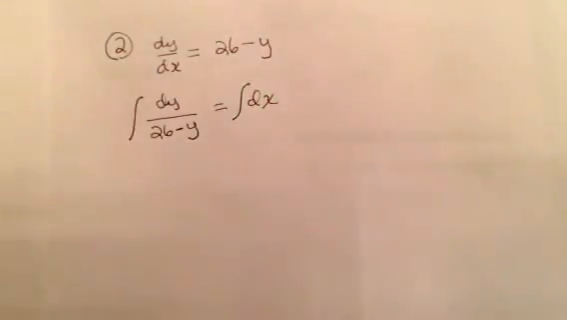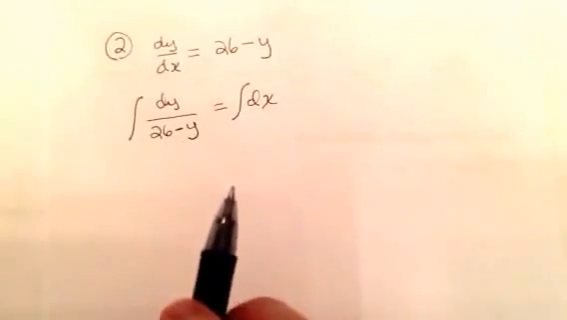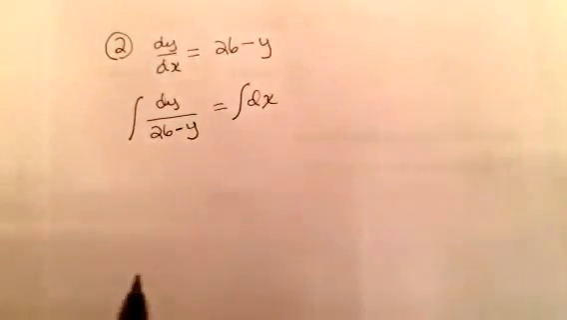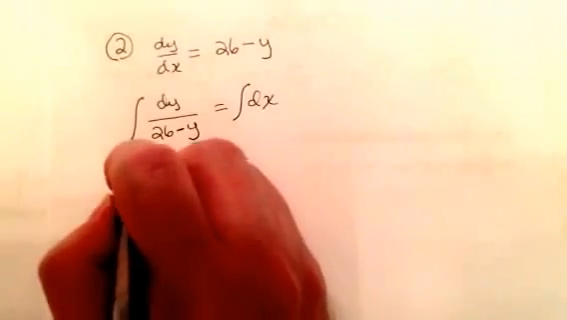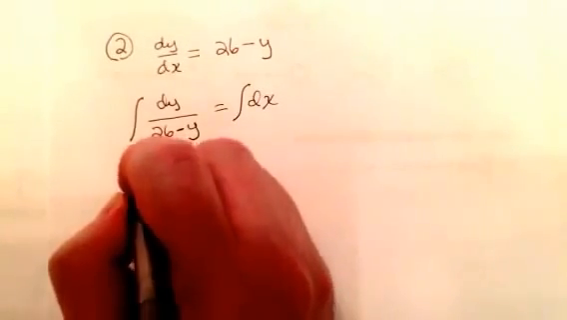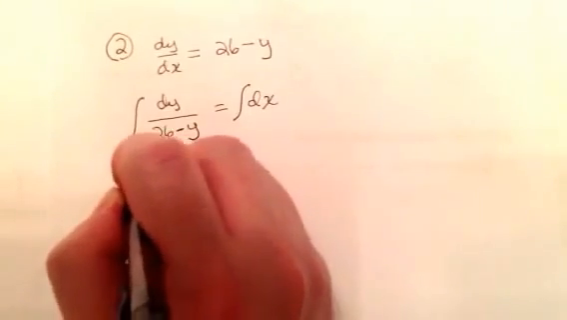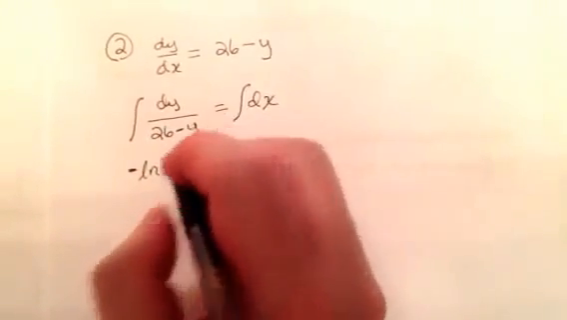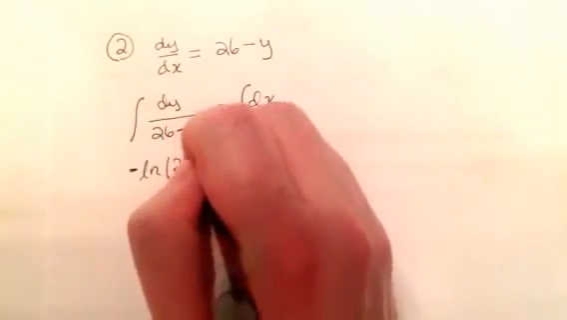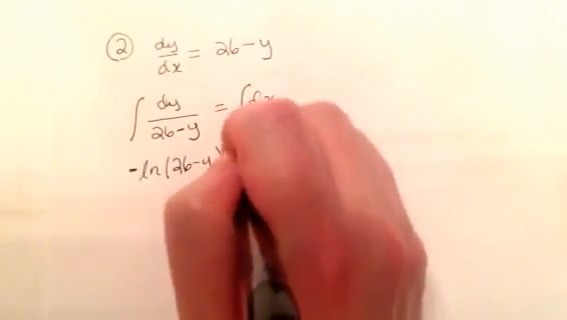So we have the antiderivative of the reciprocal of 26 minus y. Notice we have a negative y term. So while we have a linear expression taken in reciprocal form, we have not just a natural logarithm but a negative of a natural logarithm. So we have the negative of the natural logarithm of 26 minus y is equal to x